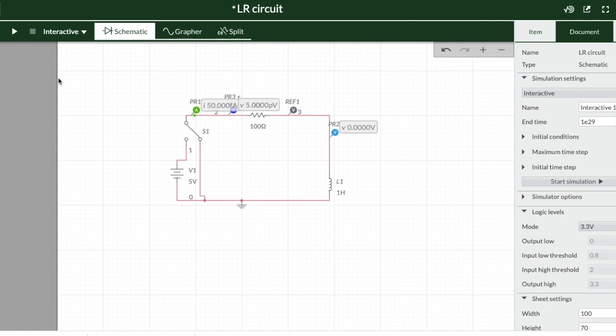Now we will start the simulation and shift the switch from the ground terminal to the voltage source, and we will keep it there till current in the circuit comes to a steady value of 50 milliampere, as it has to be E upon R, that is 5 volts upon 100 ohms, which is equal to 50 milliampere. Once the current has taken that steady value, we will then shift this switch back to ground position and keep it there till current takes the next steady value, that is almost 0 ampere. So let us start the simulation.